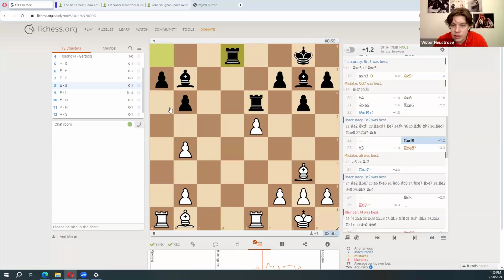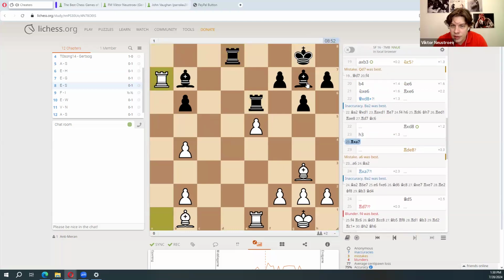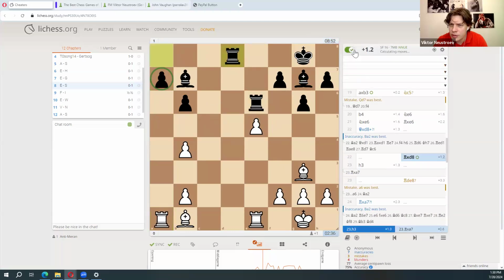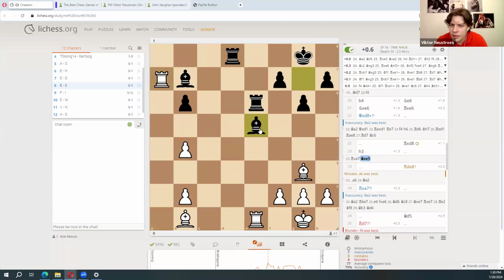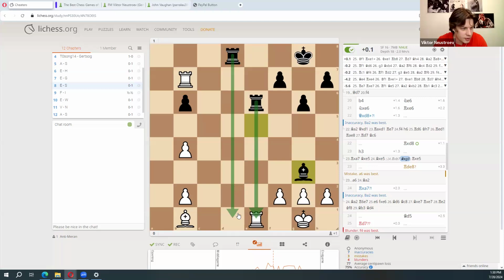Then the queens were exchanged in order to capture on a7. But then white realized that in case they capture on a7, I think it was bishop here. No, actually, why didn't they capture on a7? Bishop f5. Yeah, bishop f5. And the key idea is that if bishop takes, it's rook takes because of the back rank mate. And if this move, then bishop g3, and there is still a threat of a back rank mate.